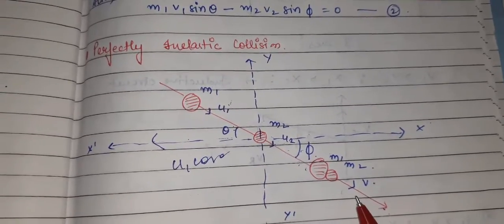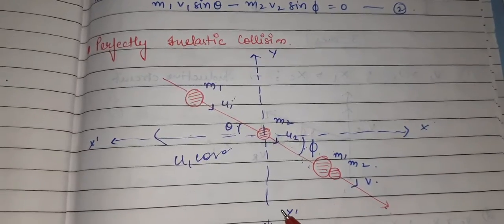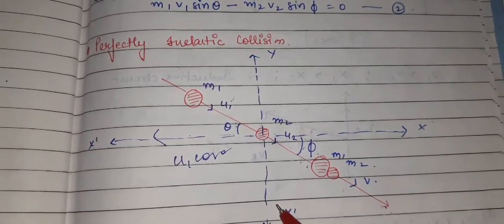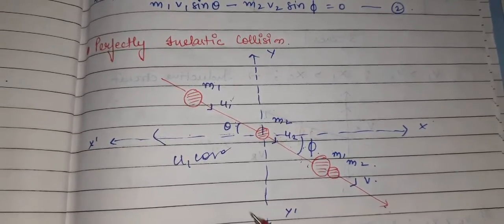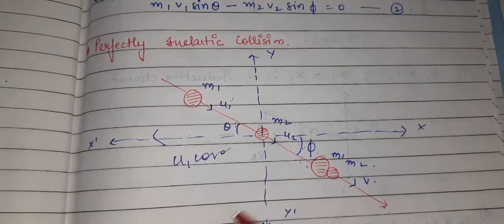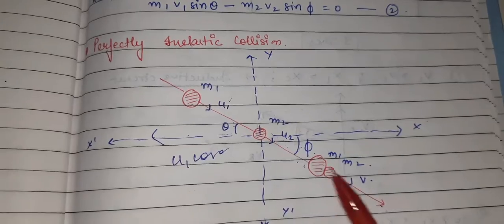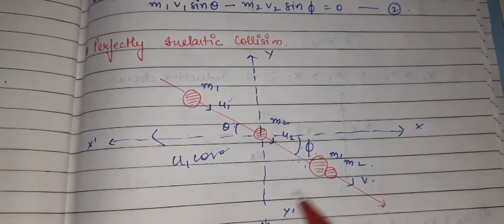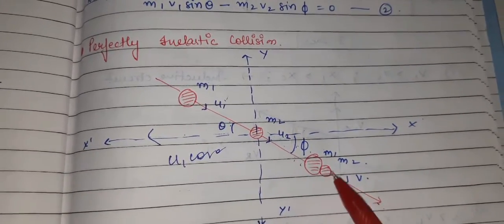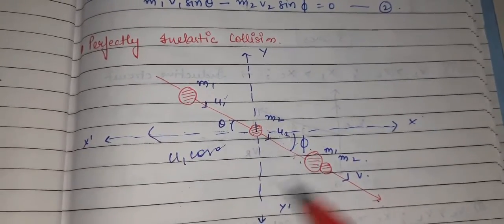And what happened after the collision? In the perfectly inelastic case, there should be a complete loss of kinetic energy. I am making it very clear that whenever we talk about a perfectly inelastic case, there should be a complete loss of kinetic energy. It means that after the collision the whole system moves with a common velocity, and we can find the loss of kinetic energy in that case. Now suppose the velocity of m2 becomes 0, and m1 and m2 start moving as a system with a common velocity v.